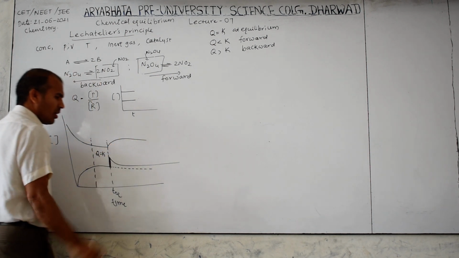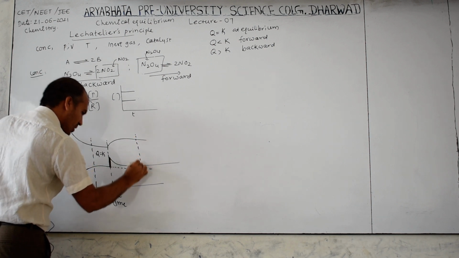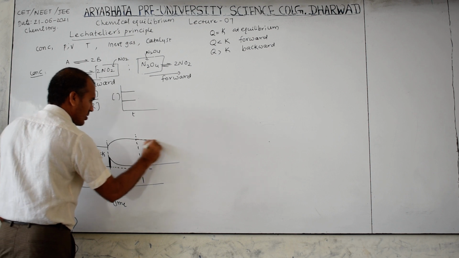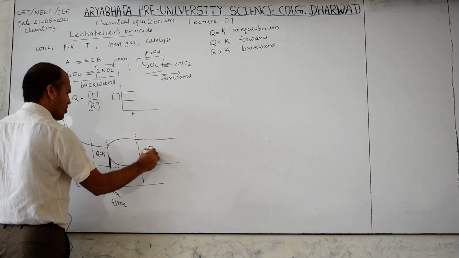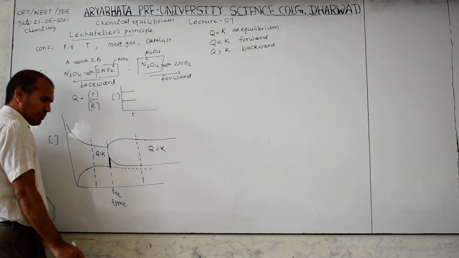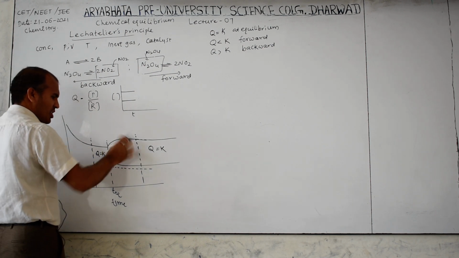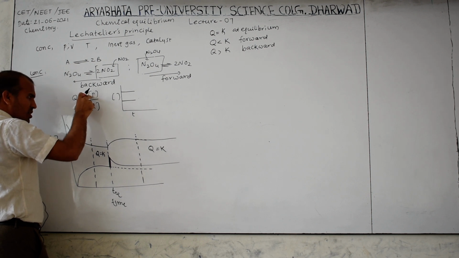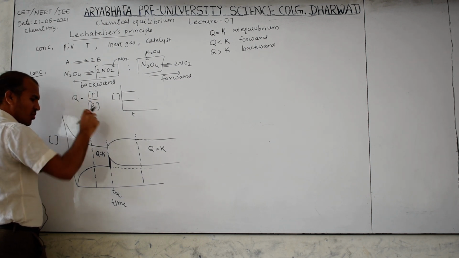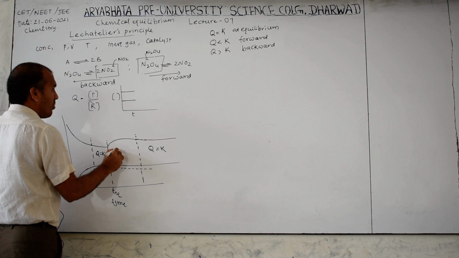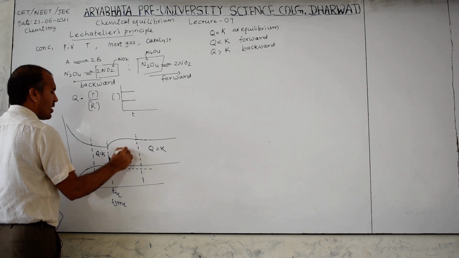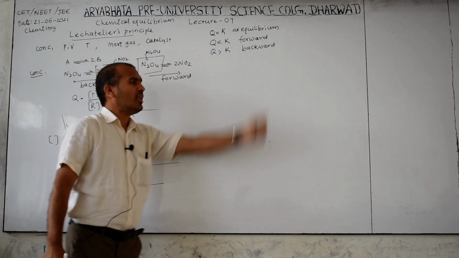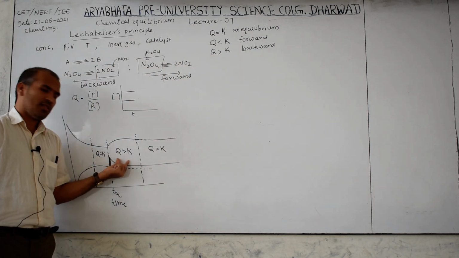Like this. Now at this position you can consider, then here equilibrium, this is constant. Then here also Q equals K. But here change is there. In this change, which is greater? Product concentration is greater, reactant concentration is lower. Therefore, backward means what? Q is greater than K. Because backward means Q is greater than K. So in this change, this will be there.